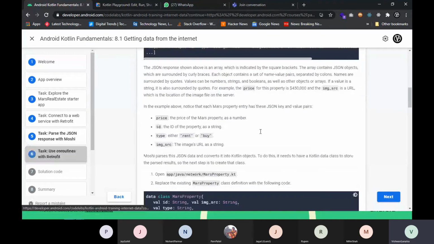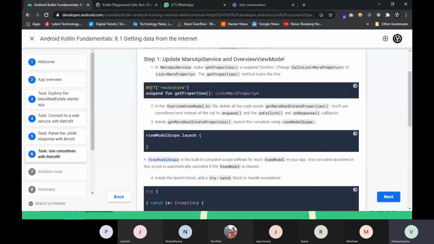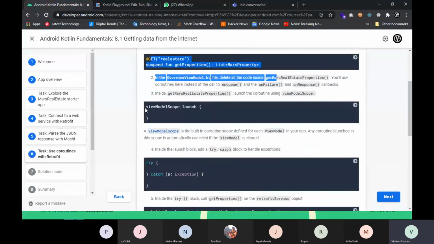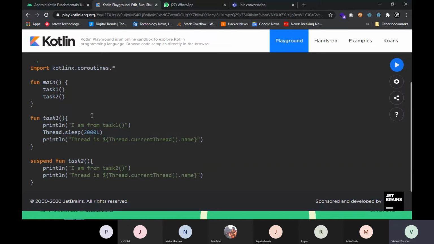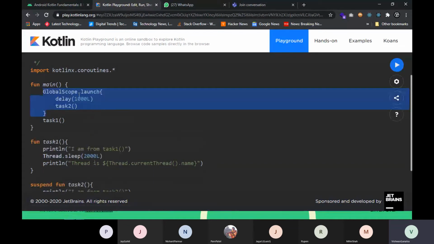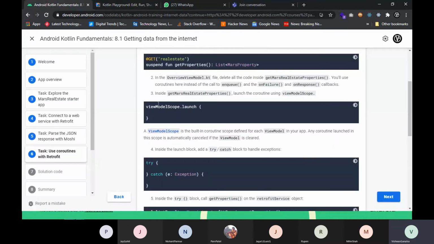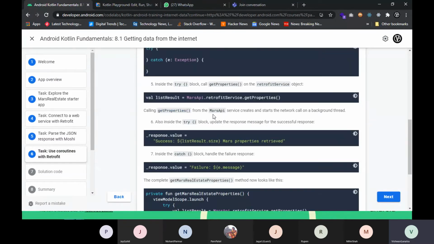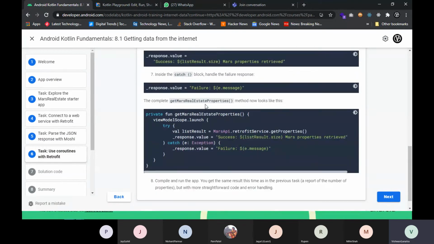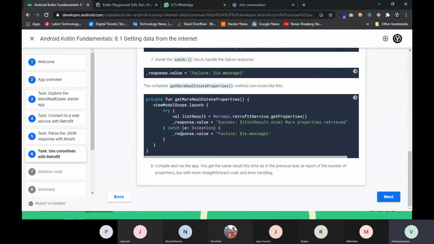Then we'll be using coroutines and the ViewModel. Coroutines have different implementations. Our implementation was of the global scope, and if you are familiar with the ViewModel, then it also has viewModelScope and other scopes, so it can be used for different scopes. This is the response.